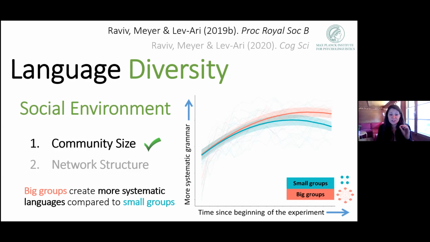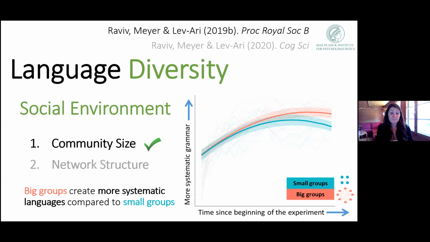So although convergence is harder in a big group, because it's harder to agree with 8 people than with 4 people, it's actually much more needed. And I'll get back to this point about convergence later on when I show you some more modeling work. Okay. So the important thing is that members of larger groups are under stronger pressure to create languages that are more systematic and more generalizable, somehow more predictable, because that can ease communicative pressures, that can help you face the challenge and establish convergence if you learn something that's easier.